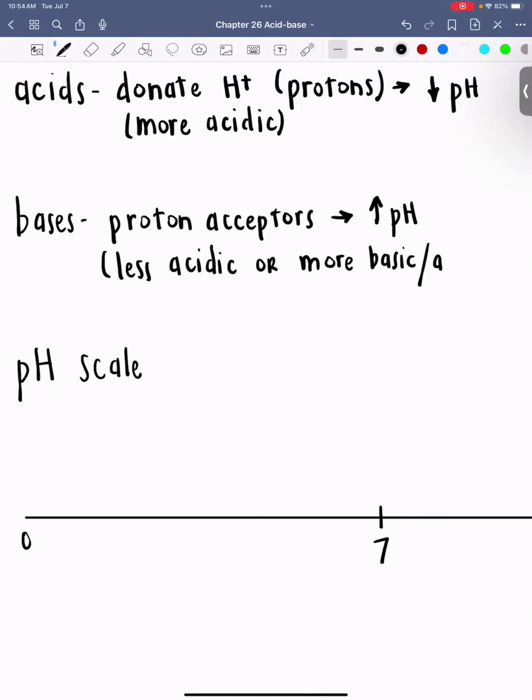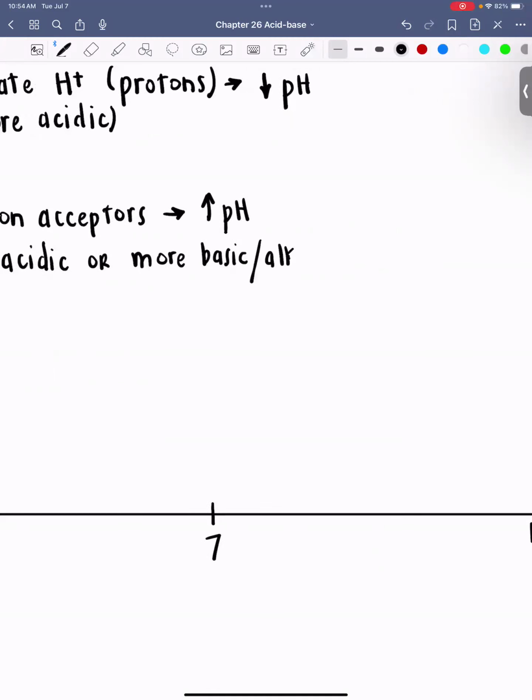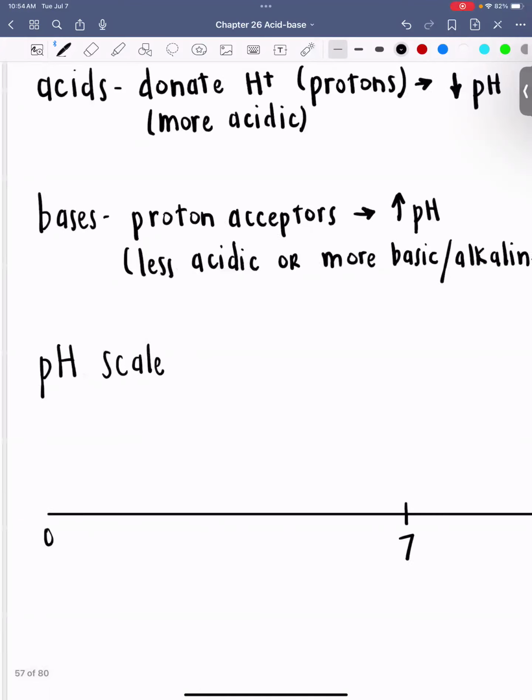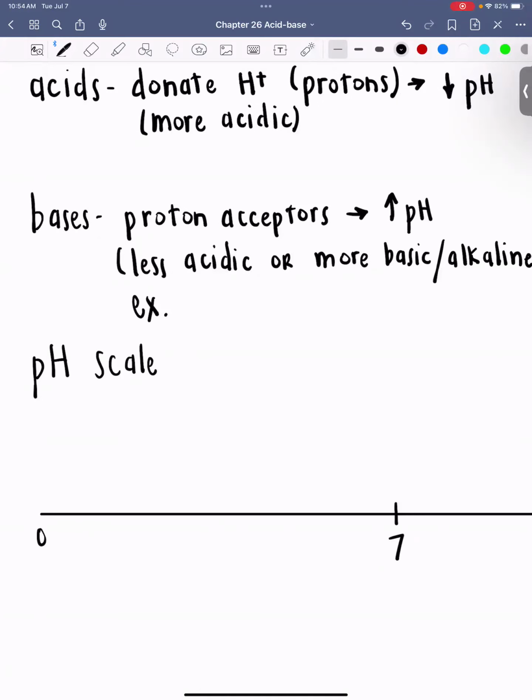And another word for basic is alkaline. The example of a base that we are going to be concerned with is the bicarbonate ion, which is an anion, a negatively charged ion,